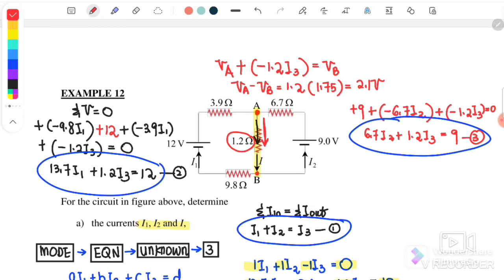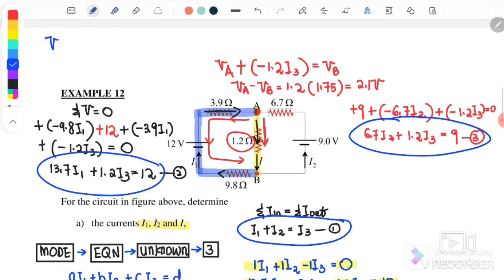If you don't want to use this path, you also can use the other path. For example, let's say you start from A, pass through 3.9, then go to the 12 volt battery and then go back to B. If you want to use the blue color path, you also can. Let's say we use the blue path, where the current is actually flowing clockwise. But when you want to find A to B, our loop here will go the other way, in the anti-clockwise direction. So if we want to use the blue path, meaning that we start from